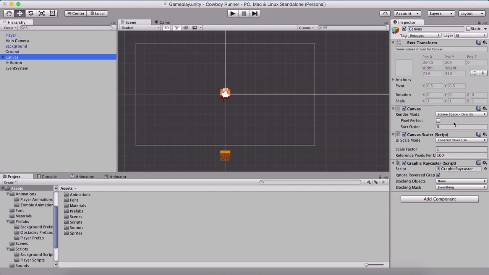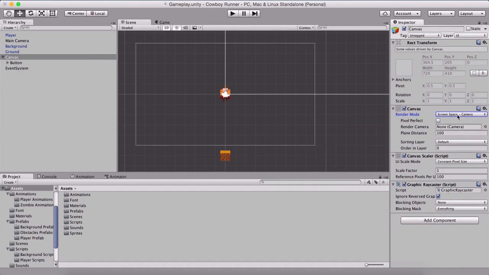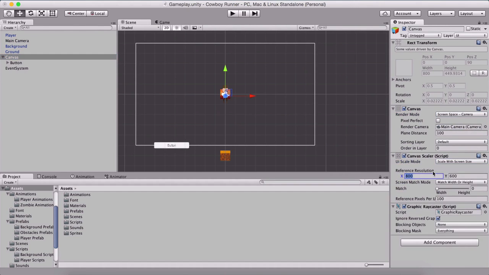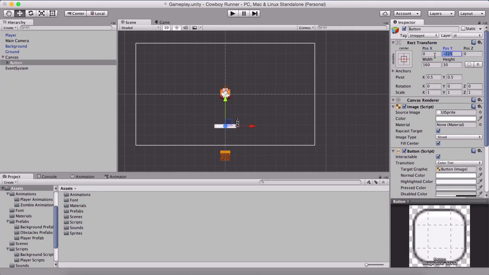But let me simply configure our canvas, and I'm going to set screen space to camera and drag the main camera here, and also set constant or scale with screen size by 1280 and 800 or 720, which is our reference resolution. And for our button, I'm going to set it at 0 0, and I'm going to rename it to jump button,